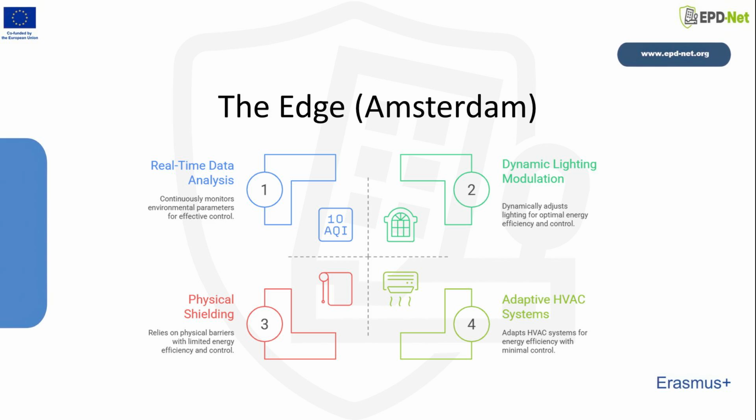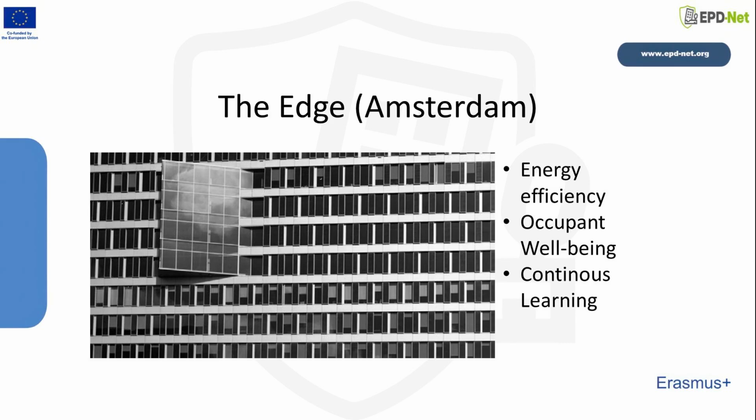Instead of relying solely on physical shielding, the system reduces energy consumption through modulation. Advanced algorithms analyze the sensor data to dynamically adjust artificial lighting levels based on the amount of available natural light. Thermal control. The system also adapts heating and cooling systems in real time to respond to external climate variations, further optimizing energy efficiency. The Edge in Amsterdam, designed by PLP Architecture, achieves high performance and occupant satisfaction by integrating sophisticated